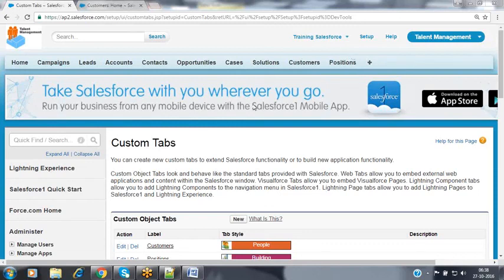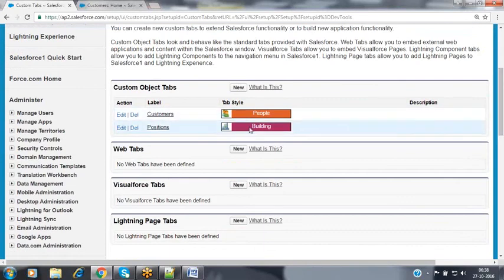Can you show whether we can edit and make it a web tab or something like that? No, we cannot make it a web tab. This will be a custom object tab only. When you go to web tabs, we cannot make it a web tab, but we can design a graphical user interface externally, which we can expose as public.